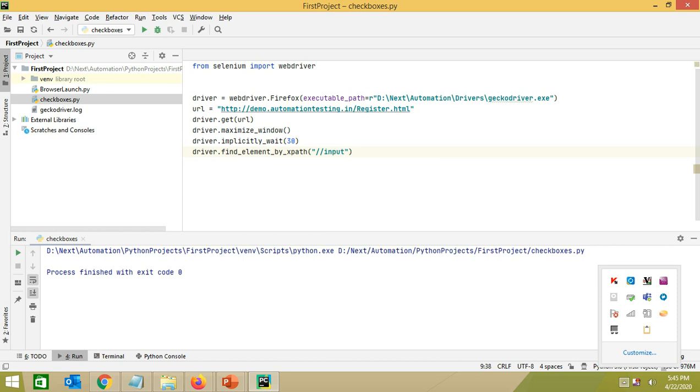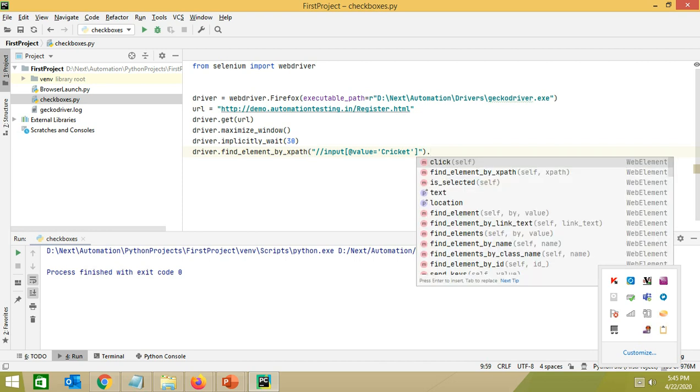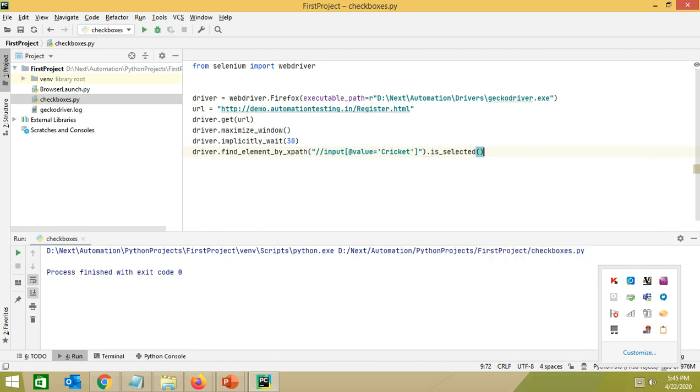and @value is equal to, in single quotes, mention the value cricket, and that's it. Then first we'll check whether this is selected or not.